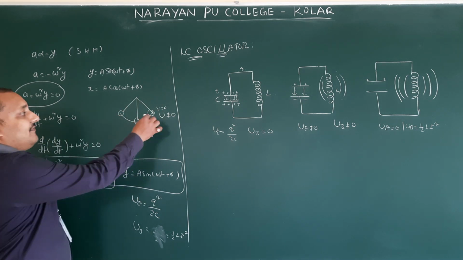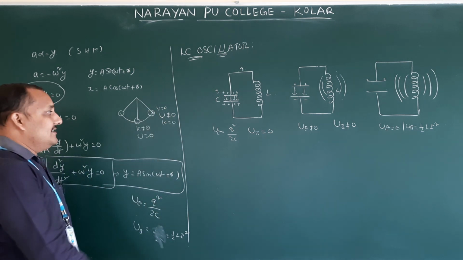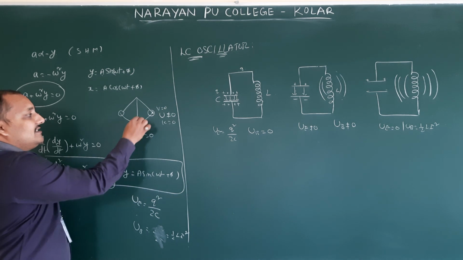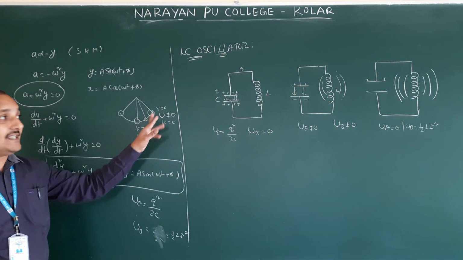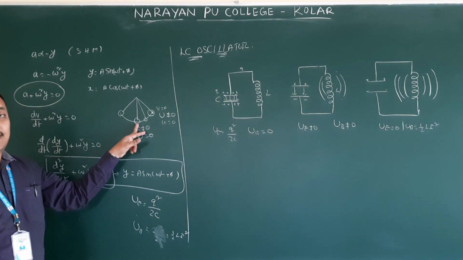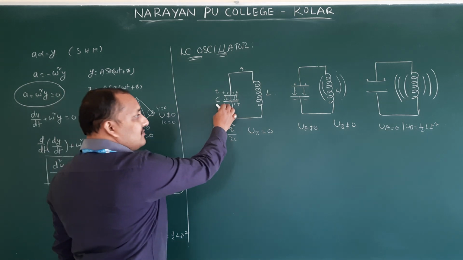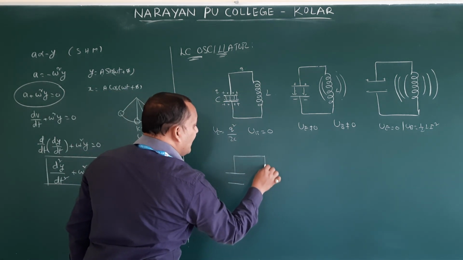Whenever they change, if you take here, kinetic energy is 0. If you take here, potential energy is 0, kinetic energy is not 0. If you take here, both will not be 0. Both energies will be there, same like this. Now it is coming at negative amplitude. While drawing the diagram, very important.